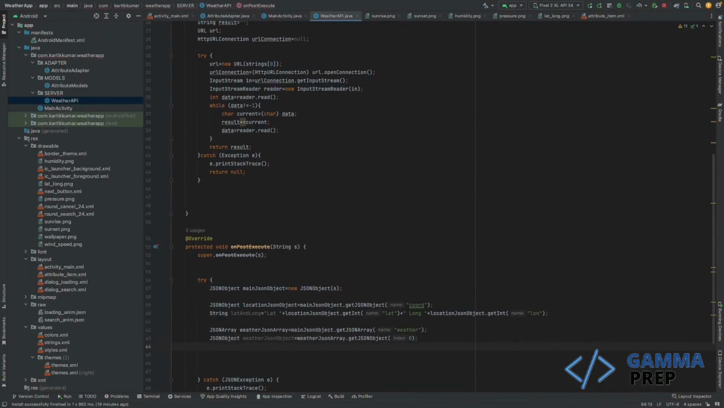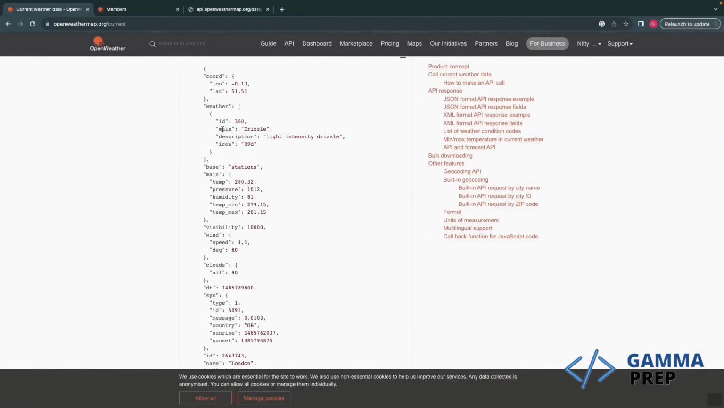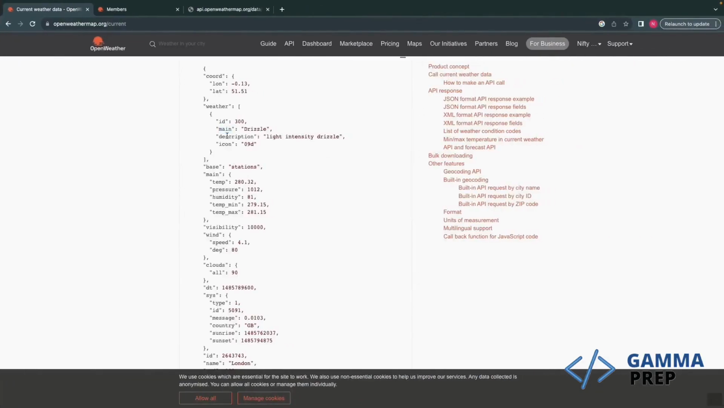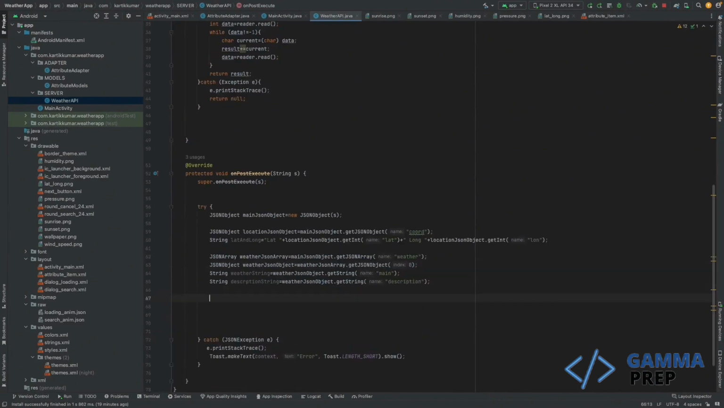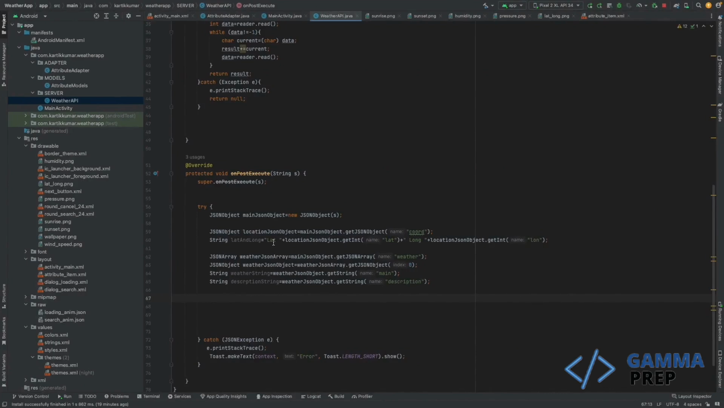Okay. And then I'm going to say string weather string, suppose, is equals to weather JSON object dot get string. Let's copy this main, that is the key, and paste it over. Then I'm going to say string description string is equals to weather JSON object dot get string. Come over here, copy this description key, paste it over here. So once that is done, what else have we done? So this data we have fetched, and lat long data we have fetched,